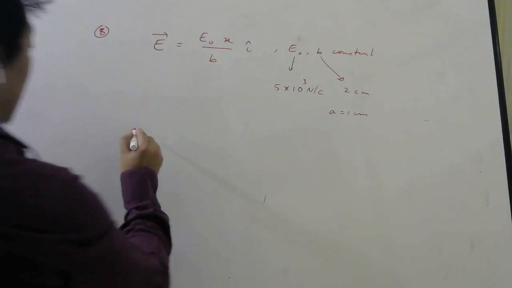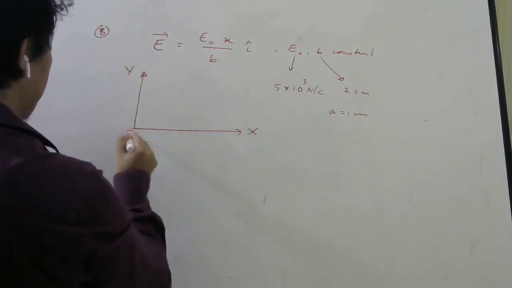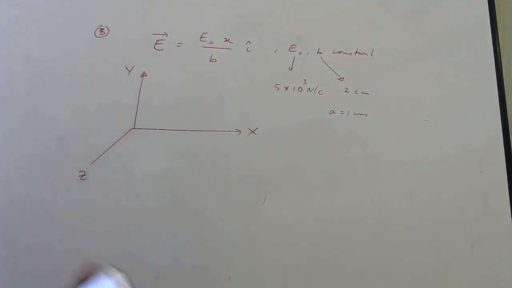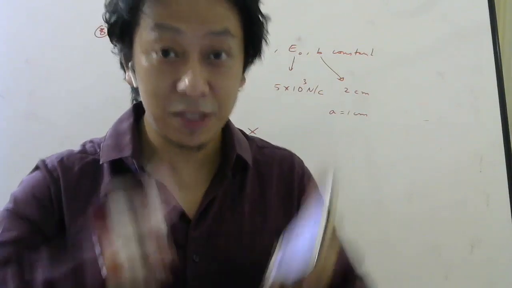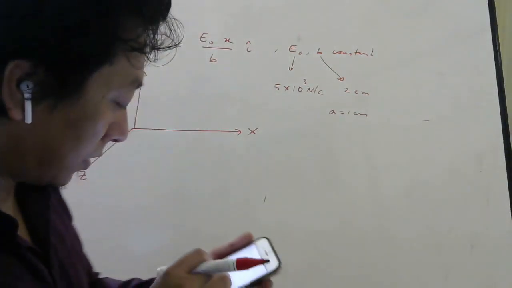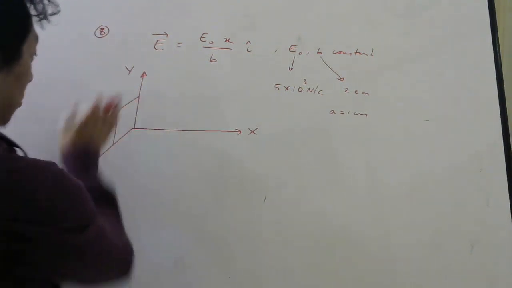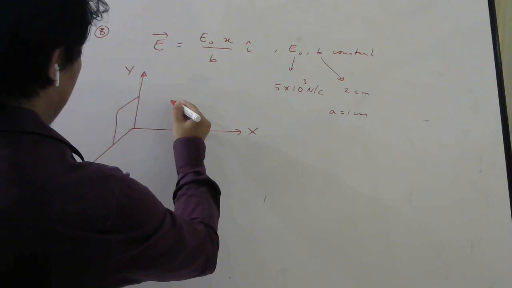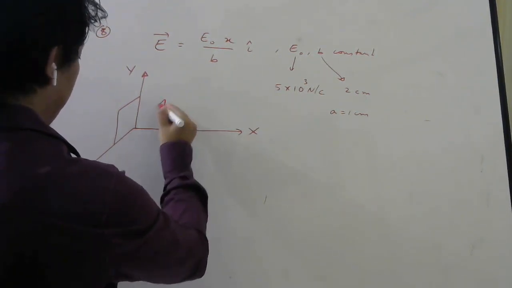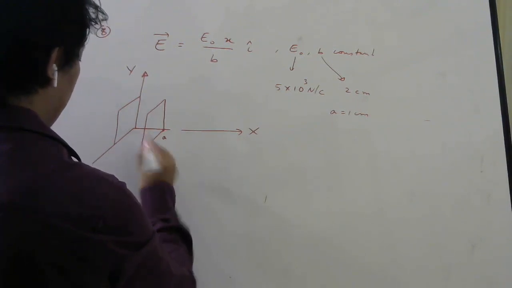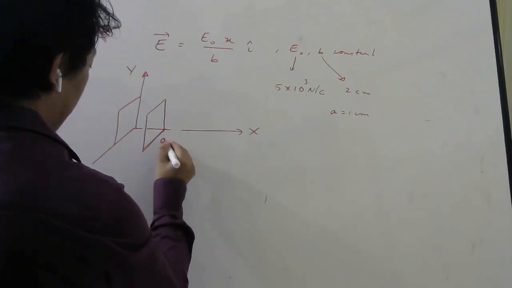So they want you to calculate flux through a cube which is bounded by how many surfaces? 6 plane surfaces. So the first surface is x equal to 0. So x equal to 0 means this surface. Okay, so this will be your yz plane. Second surface is x equal to a, here they are saying. So this will be your second surface. So this coordinate is x equals to a.